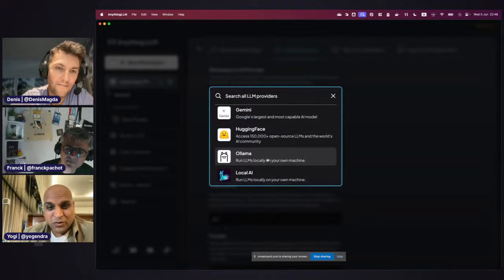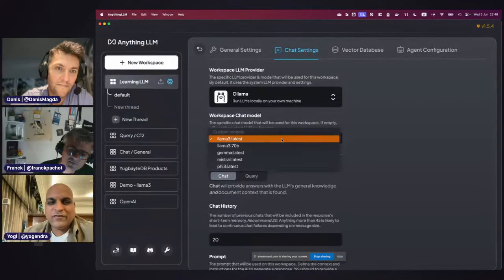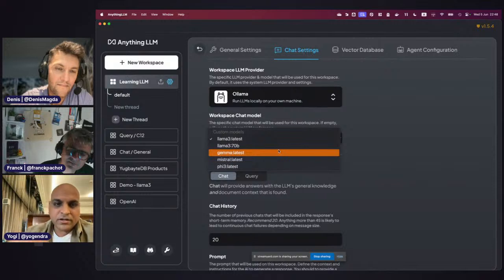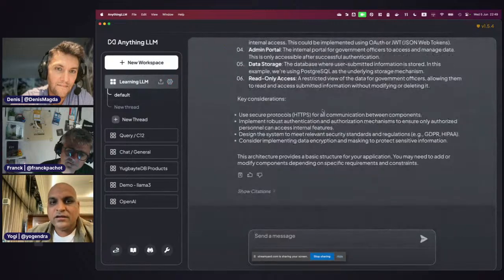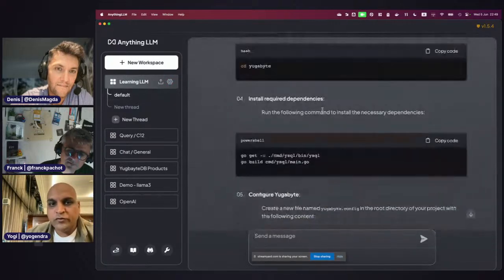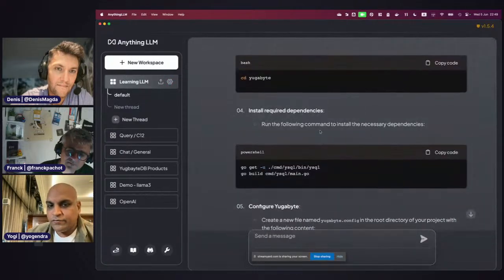Because I'm using Ollama, I just select Ollama here. Now it finds what models I have: Llama 3, the 70 billion Llama 3, Gemma, and all these models on my machine right now. It detects those, and for this workspace I can say I want to interact with this particular model. The advantage of using this is you get a much more beautiful presentation of everything.